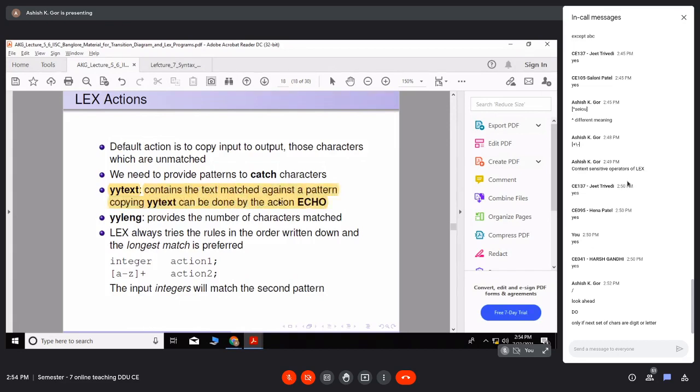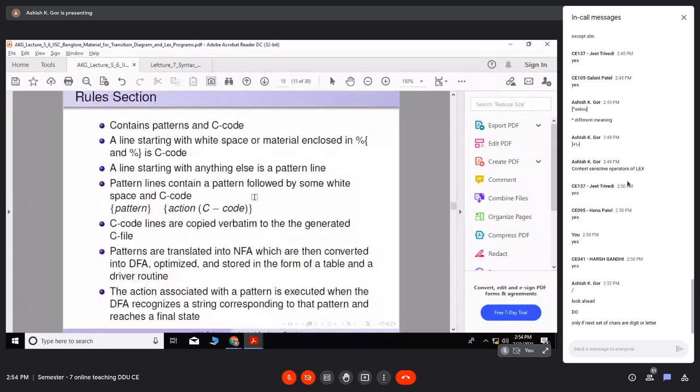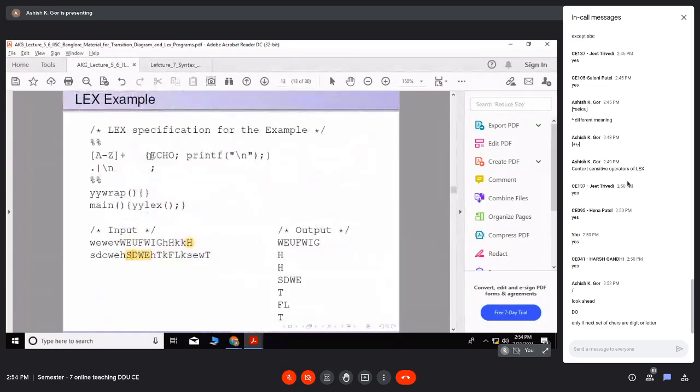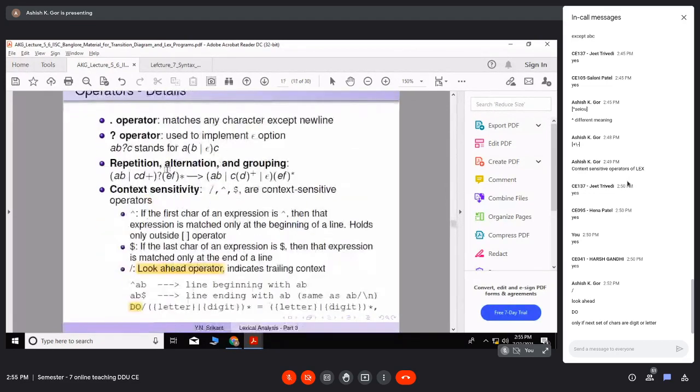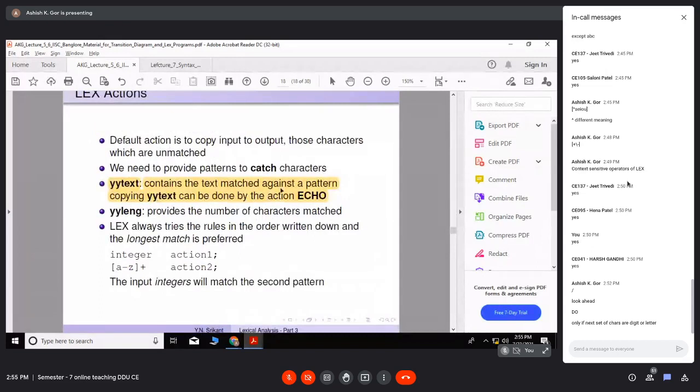The echo we have seen in the program is nothing but printing yytext, copying the string pointed to by yytext. The default action is to copy, but if you want to do something else, you have to write code. yyleng is the length of the matching characters.